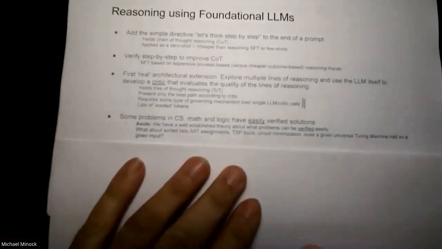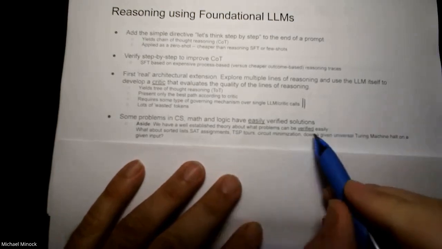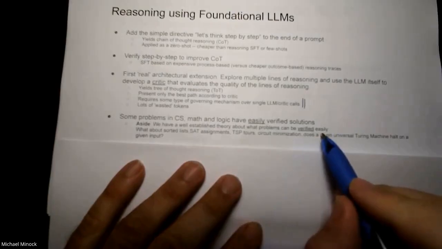I just want us to consider. So we're coming from a computer science background. I just want us to think about this for a second, because I think this might be useful: a useful way to categorize what kind of reasoning problems we might get a chance to look at later. So in terms of verifying a solution to something, we already